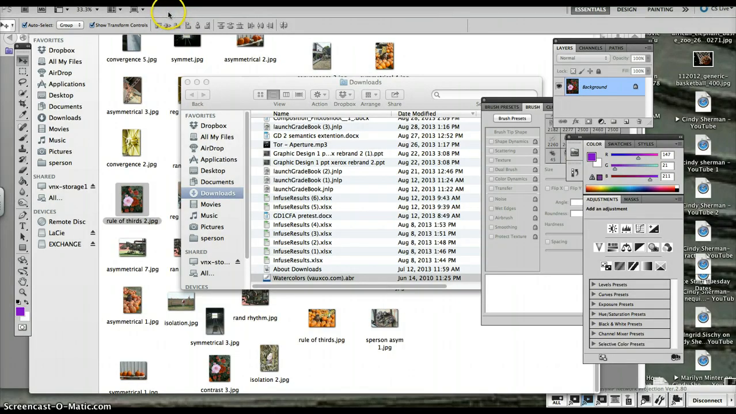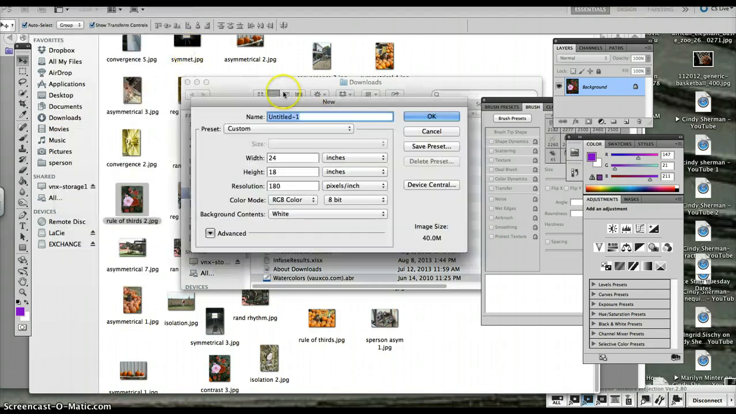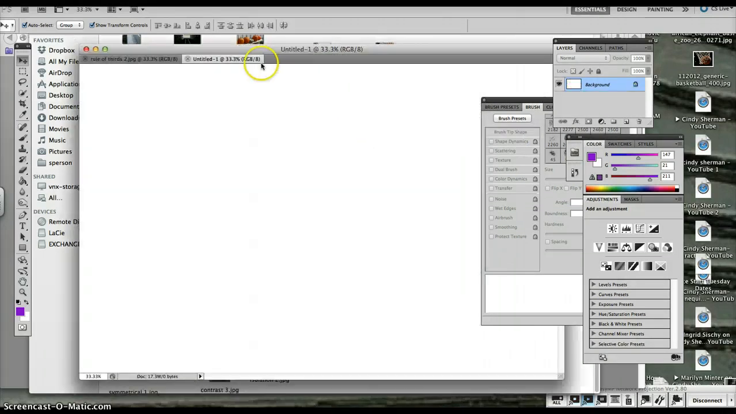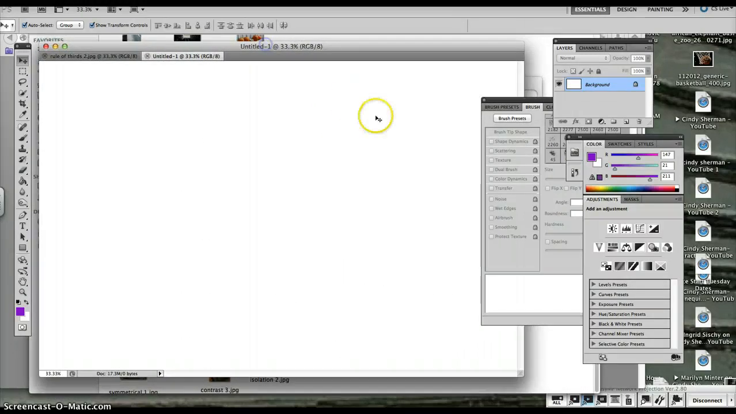So the first thing you want to do is launch Photoshop. And I'm going to go File and New and open a new document. Size of the document really doesn't matter at this point. I'm going to go ahead and make this 17 inches wide by 11 inches tall. The resolution is fine, and I'm going to click OK. So I have a brand new document here. It's a bright white piece of paper,